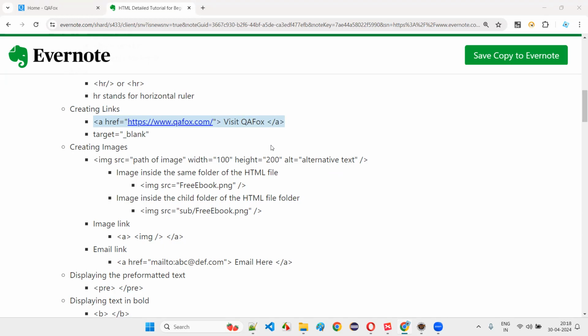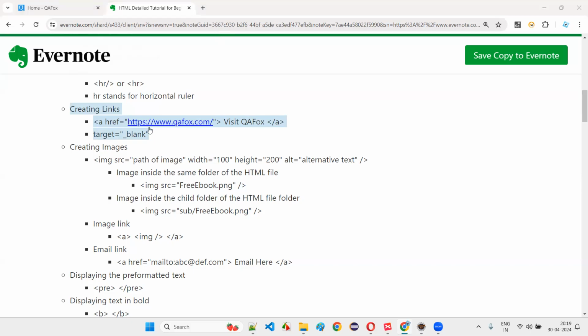Yes, it's the anchor tag, the A tag. Everyone can respond, including the new people. If you have some idea about HTML, these are some basics of HTML we are covering. These are very basic topics, so everyone can participate, including new and old guys.